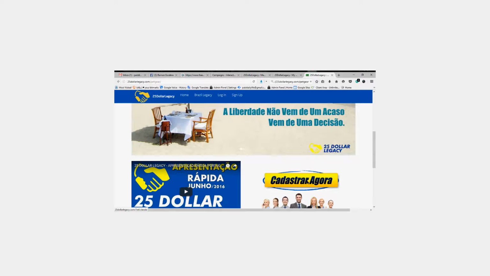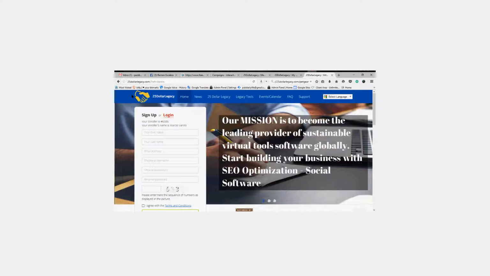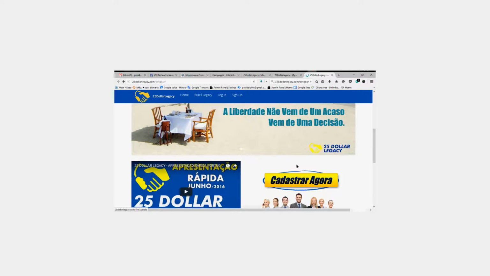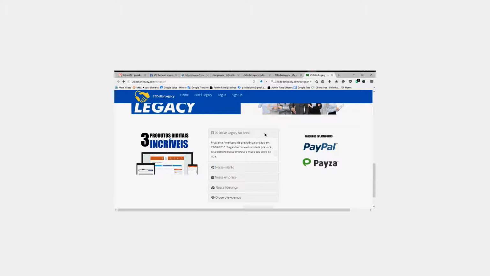If I click on this, it's going to go to the Legacy sign-up page. You see that? So we don't want that. What you're going to want to do is get rid of this button and add a form probably right under this area here. So when they fill out the information, now you are building a list.